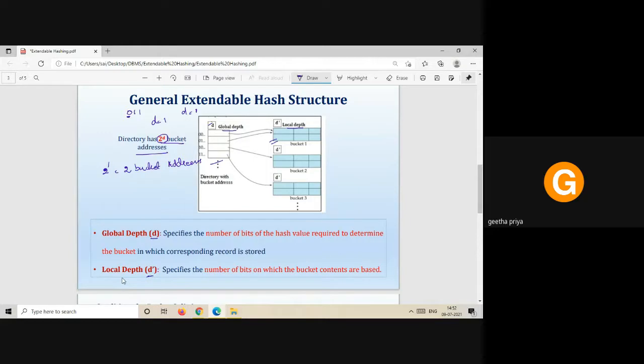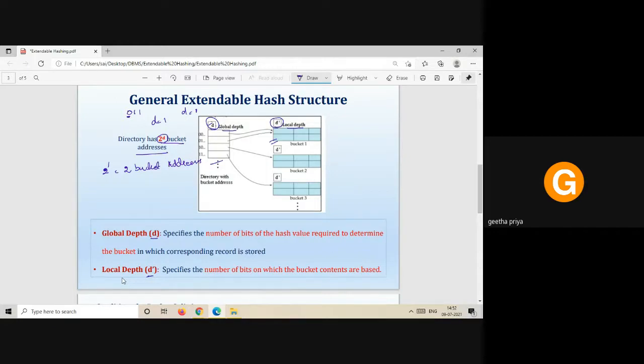And local depth is an integer that indicates the number of bits based on which the bucket contents are placed. Clear? And the action to be performed in case of any bucket overflow is decided in accordance with the values of D and D dash.